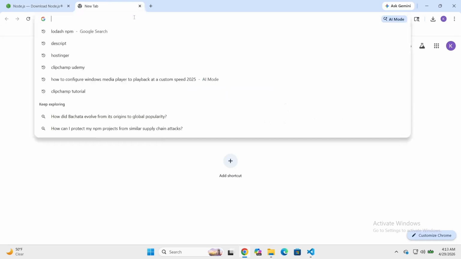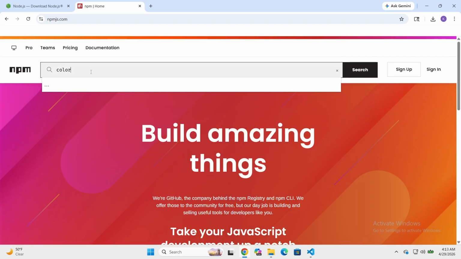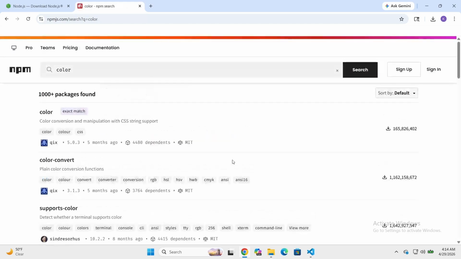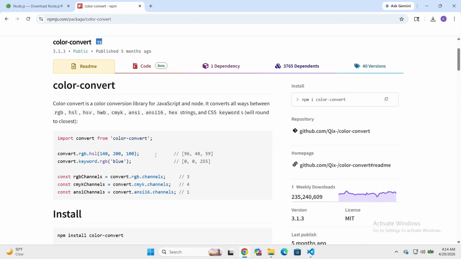I believe that was it right there, but let's just go ahead and type it in the search bar, and that's what it looks like. I mean, it's very simple. You can type, let's say, color manager or anything. If you want a color manager or anything color, just press enter. Verify I'm human. Once again. Okay, so let's say color convert. Click on that link, and you follow these instructions, for example,